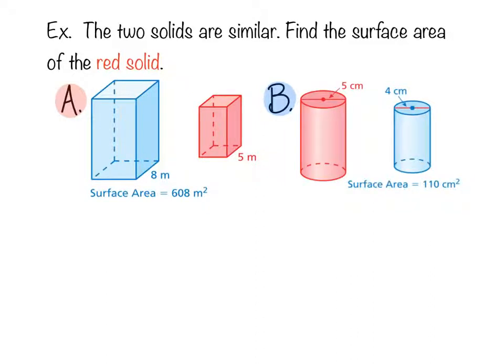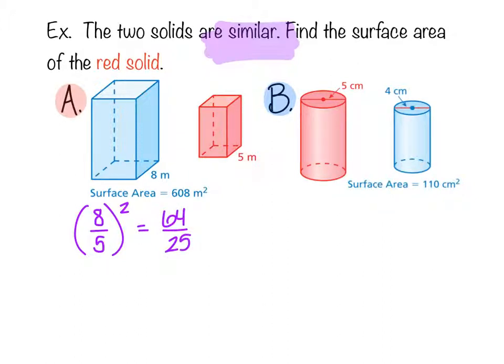Let's see if we can do that for these two shapes here. Again, it's giving us the surface area of one of them. We have to find the missing surface area of the other one, but we don't have any other dimensions. We don't need them because we know the figures are similar. That is the dead giveaway here. They are similar, so I know the ratio of their corresponding side lengths would be 8/5. And then if I'm supposed to square the side length ratio,